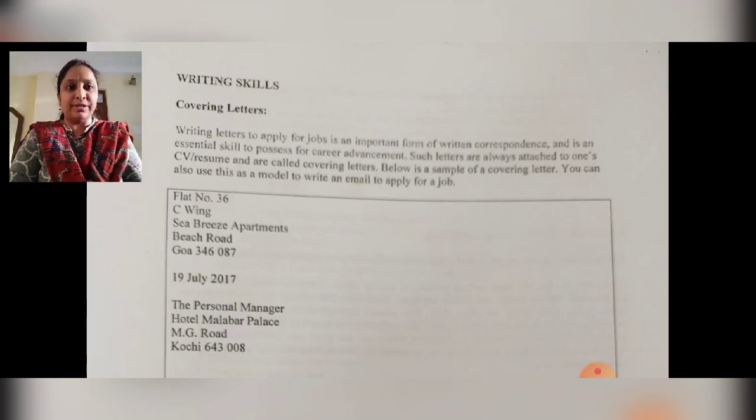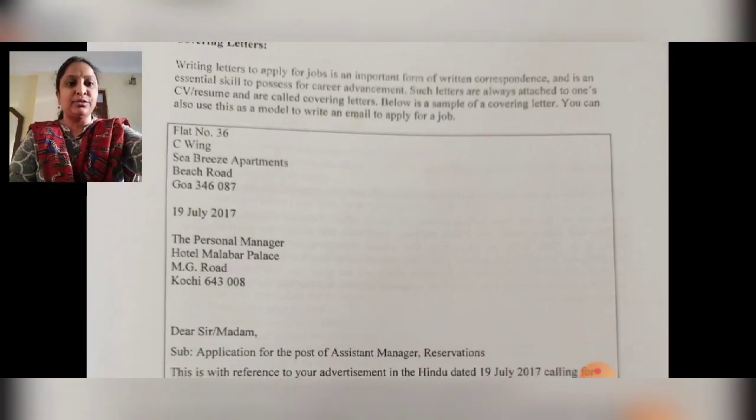So firstly, when you apply for a job, you need to build up your resume, and secondly you need to write the covering letter. If you are applying online, you can also write the covering letter in the mail following the same format. If you are applying offline, in the sense you want to go and submit it to a company by hand, then you will have to write a letter like this. The covering letter also comes under formal letters. In the previous unit we have learnt about formal letters. The format of formal letters is the same.